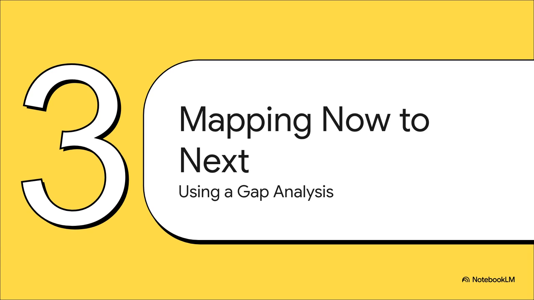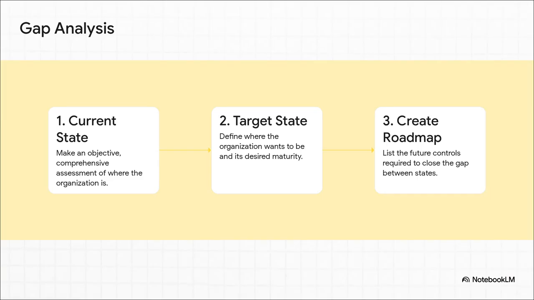Awesome. Now what? How do you get from where you are today to that much more secure future? Well, that brings us to section 3, and your best friend for this part of the journey is the gap analysis. It's really a pretty simple, logical process when you break it down. Step 1, you take a good, hard, honest look at where you are right now, your current state. Step 2, you define where you want to go, your target state for Zero Trust. And step 3, you build the roadmap, the list of projects and steps that will close the gap between those